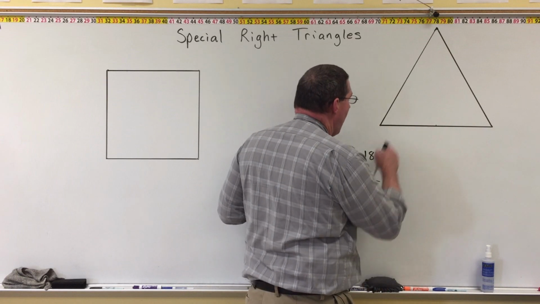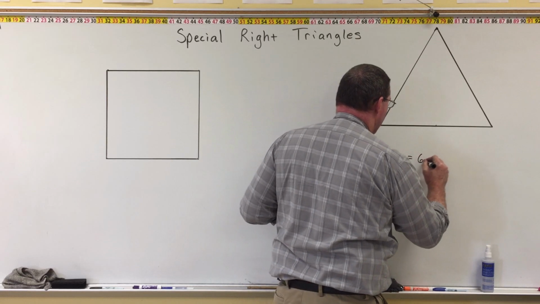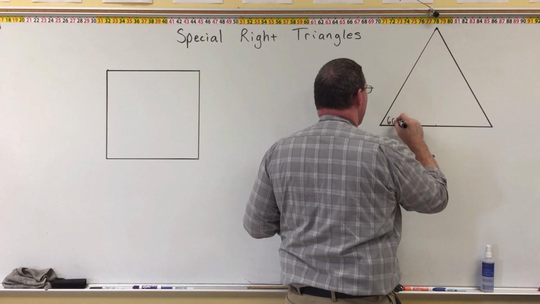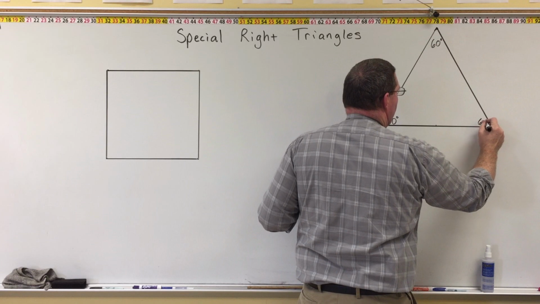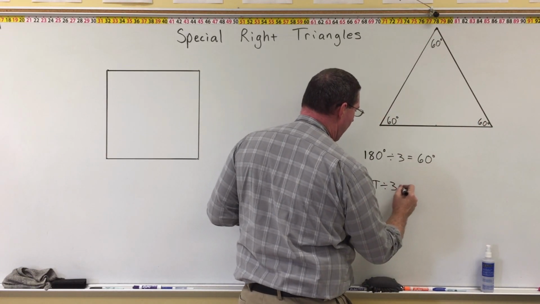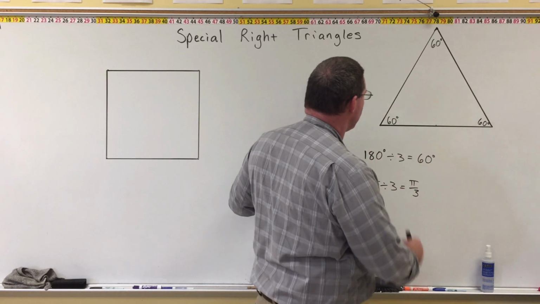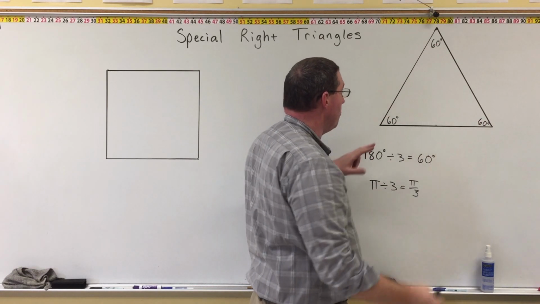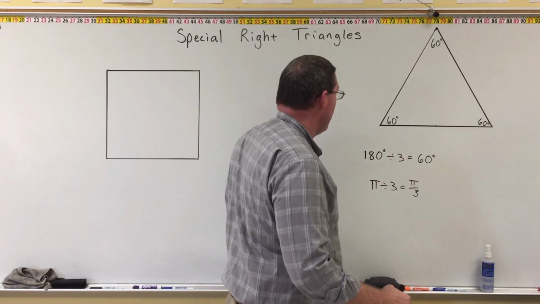So if we were to divide each one of these angles by 3, so if we divide 180 by 3, we get 60 degrees. So I can tell you that all 3 of these angles in this equilateral triangle are 60 degrees. 60 degrees, 60 degrees. Now, also you can divide pi. If you were to divide pi by 3, you would get pi over 3. So another way of saying it is that an equilateral triangle has 3 angles, pi over 3, pi over 3, and pi over 3. And if you do the conversion, you'll see that 60 degrees is indeed pi over 3. Okay? All right, so now,